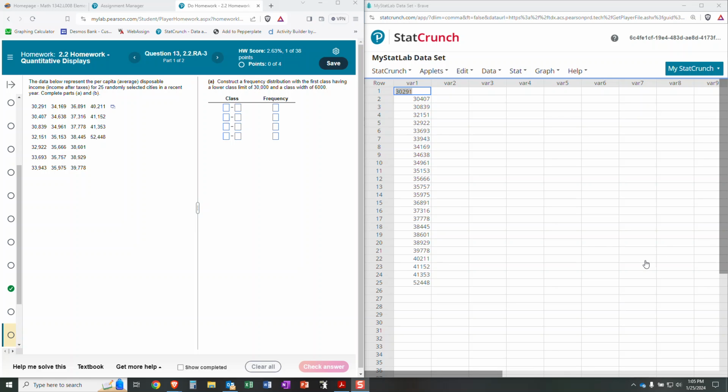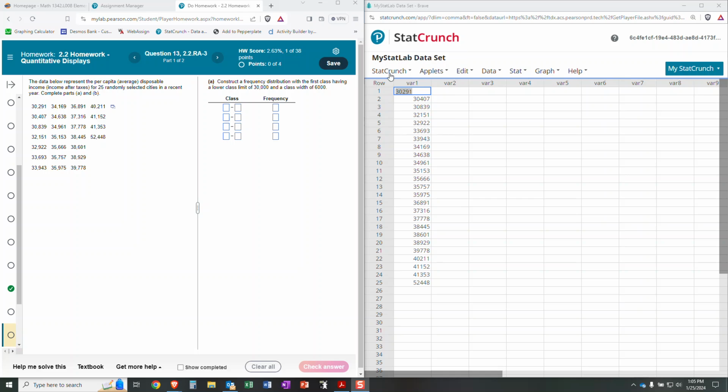For this question, we're asked to create a frequency distribution, among other things probably within the rest of the question, but I'm being given a specified class limit and class width. So we're going to show you how to do that. Remember that if I want to construct a frequency distribution or table given quantitative values, I need to do that